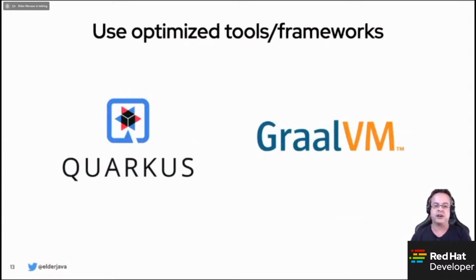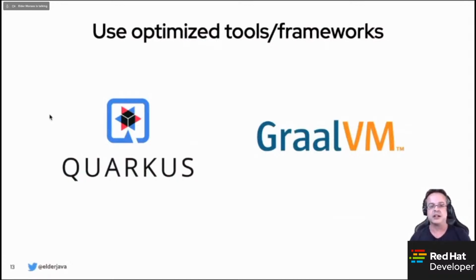So if you have an image with 100 megabytes and your application has 300 megabytes, 400, 1 giga, you should find ways to also reduce your application. And by using tools that are optimized for this, you will be more successful. And of course, when we are talking about Java today, we can use Quarkus that will make your Java application subatomic, because they will make your Java application really as small as possible. And if you are using an application that can be used as a native image, you can use GraalVM.